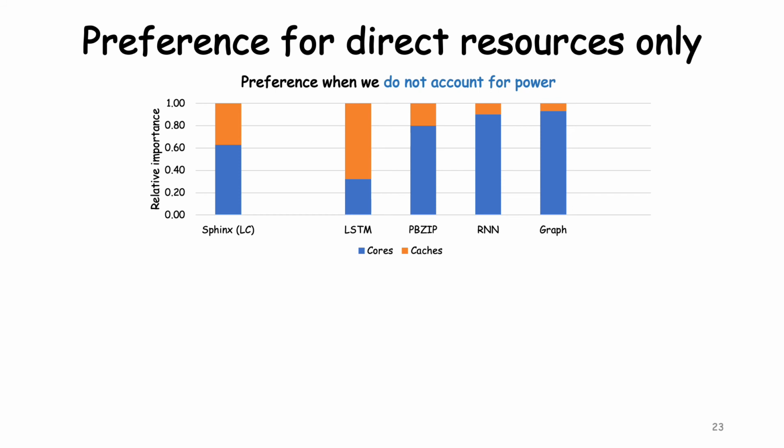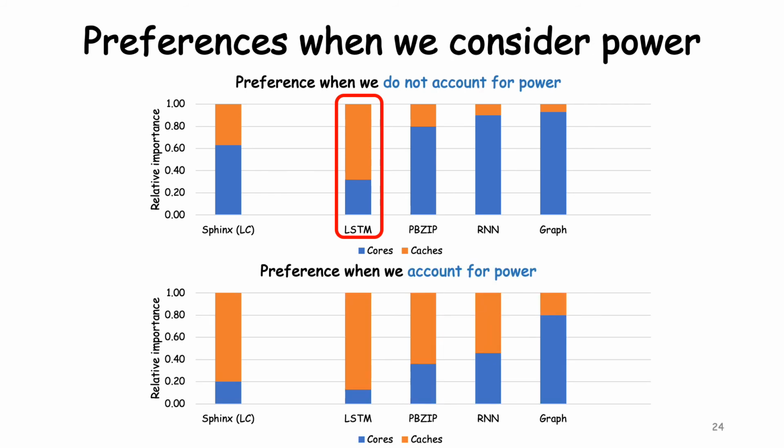As we can see, if we do not account for power needs, Sprints prefers more cores than cacheways. Therefore, if we do not account for the power needs of the best effort applications, we would make the decision of placing LSTM alongside Sprints as it derives higher performance from cacheways than cores, a completely different set of preference compared to Sprints. However, when we account for marginal power needs as captured by alpha j over pj, the resource